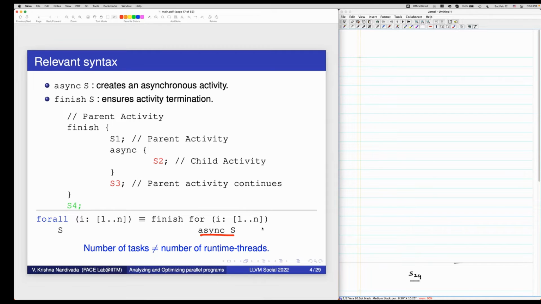So the programmer says, okay, create a million tasks. But at runtime, you may say, hey, they're all parallel tasks, but I don't want to run them in parallel. If I have a machine with 4 cores, maybe divide the million tasks equally among all the 4 cores and create only 4 threads.